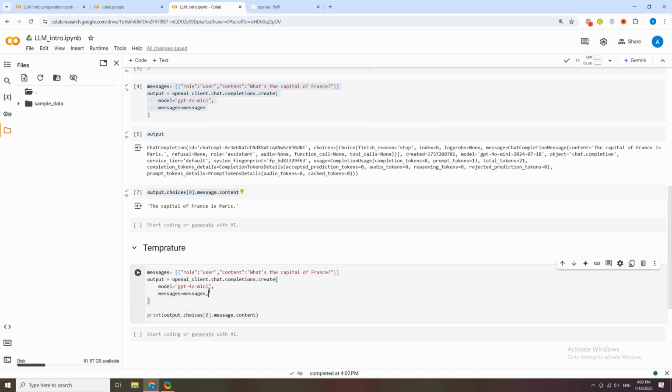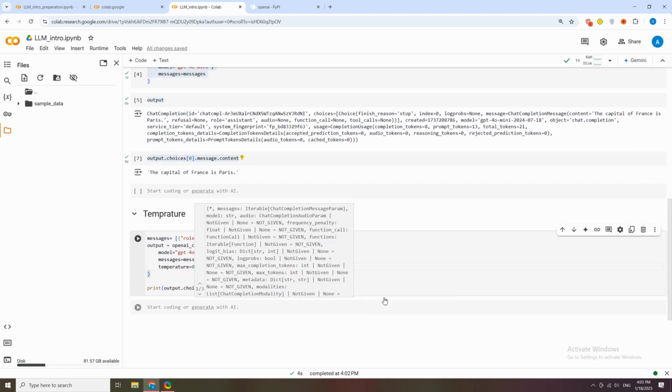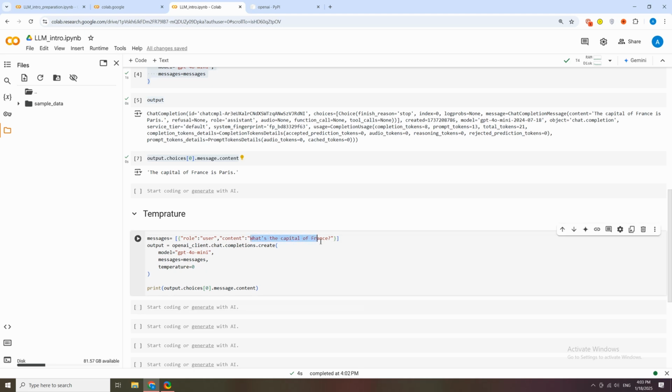So right now we can set the temperature to 0 so that we make a deterministic output that doesn't change. And you can tell it to give me 3 names for a new AI assistant,